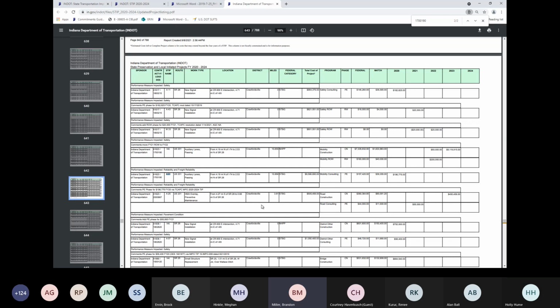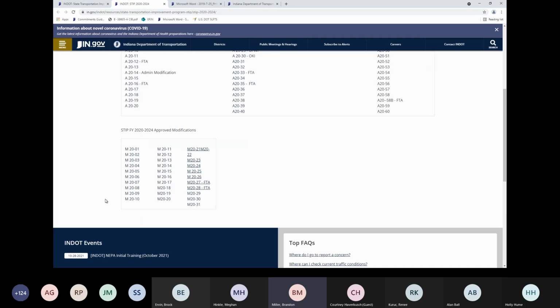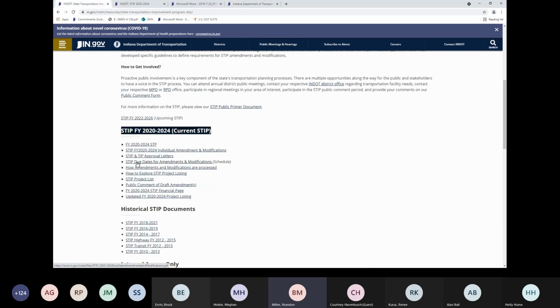And I just flip back to the next page. So you can find your STIP amendments. Here's all the amendments that are approved. Here's the approved modifications. Some of them are, if you're looking for other information, you might be able to find it in these other parts. I'm not going to get into the weeds of that, but we wanted to do a quick STIP walkthrough. That way you can actually make certain that